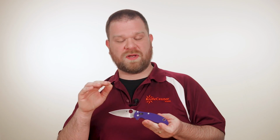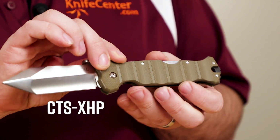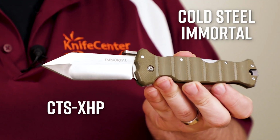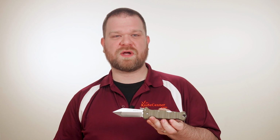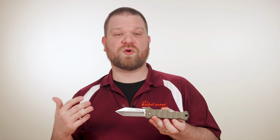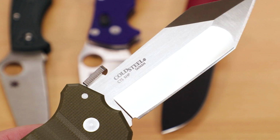Now this knife breaks our rules on price just a little bit, but it's so close that we just had to include it. Next up is CTS-XHP, shown here on a Cold Steel Immortal. Now according to the manufacturer, XHP can be described as either a high hardness type 440C stainless steel or a corrosion resistant D2 steel. Those are both solid budget steels, but XHP takes the best characteristics of both and kicks